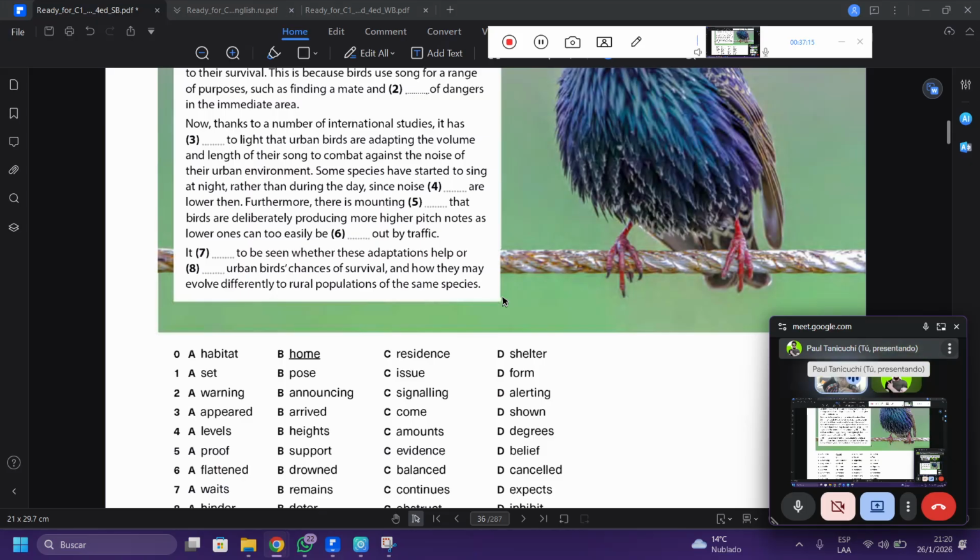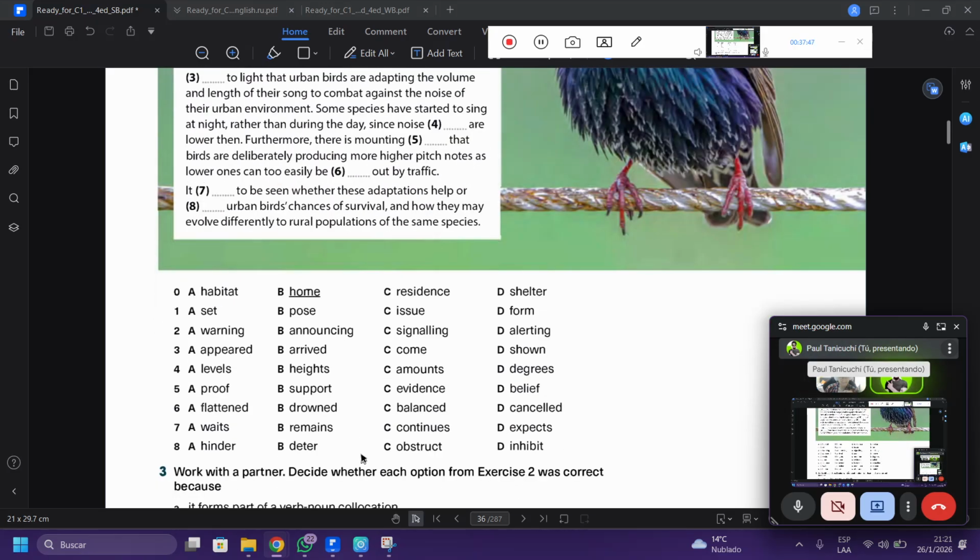The lower ones can too easily be, letter B, drowned out. Yes, it is drowned out. Perfect. It is a phrasal verb that means apagados o ahogados por. Drown out. Next.